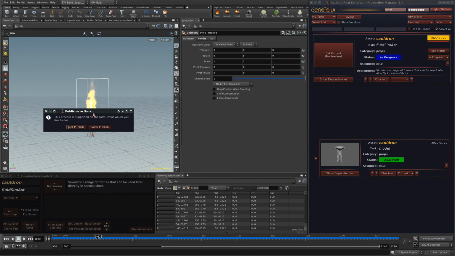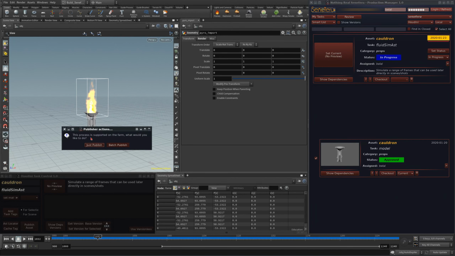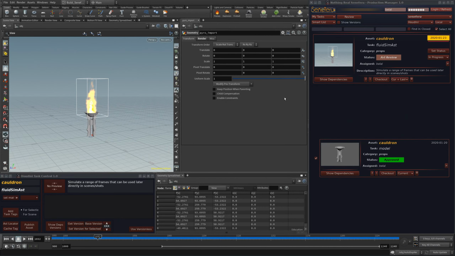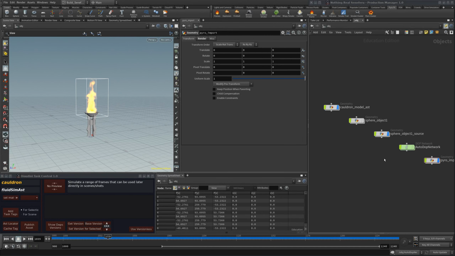Again, it's asking if we want to submit this to the farm. We will say just publish, and that's it. Actually, I didn't write the cache, so I will show you how to append the cache if it wasn't there